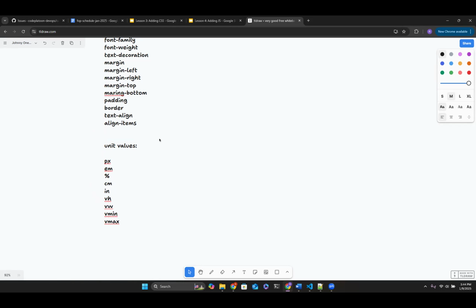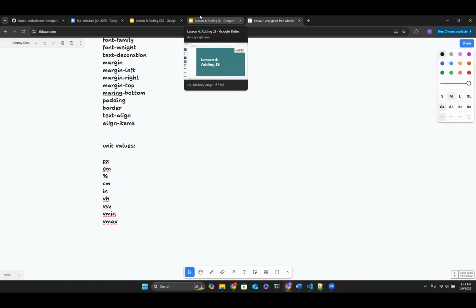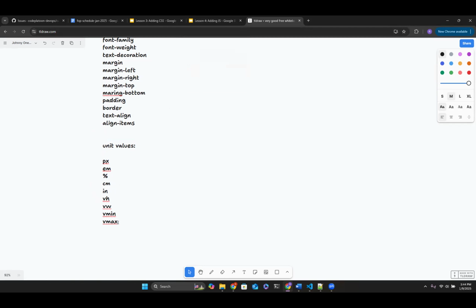Good stuff. I remember you specifically talking about view height and view width because that has to do with responsiveness of the device you're using, whether a mobile device or a computer screen. It adjusts based on the screen size. Absolutely. Vmin and vmax can do something very similar, and can help you with responsiveness. Pixel isn't very responsive. View height will probably be a little more responsive than defining a specific pixel, right? Because if you have a big screen but the pixel set to 50 pixels, it'll still be 50 pixels whether it's a small screen or a big screen, so it's not the most responsive one. But that was a good thing to point out.